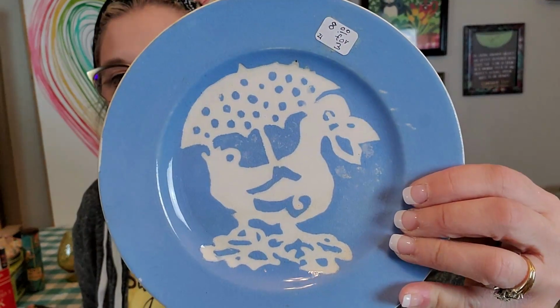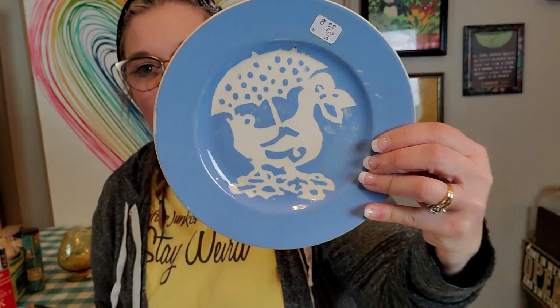this. This is Cameo Ware, and this is a child set. Now, Cameo Ware made casseroles and salt and pepper shakers and adult plates and mugs and that kind of thing. But I like the children's Cameo Ware. This is a child's plate, and it has a little duck on it with this little umbrella. Now, I paid $8 for the plate